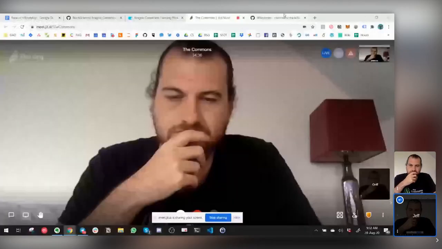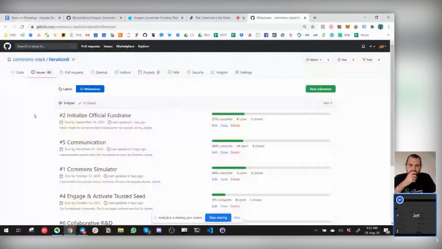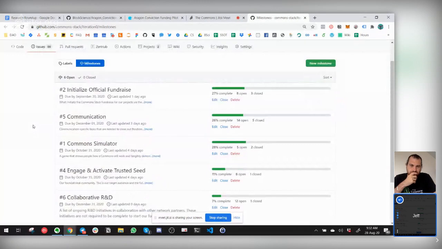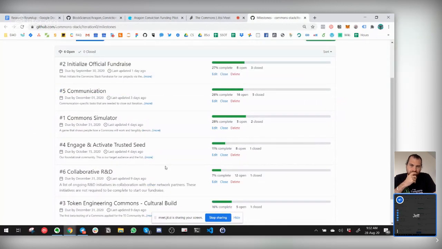So we've got our bonding curve, conviction voting, the Giveth proposal engine, and the commons dashboard, and each of these is a project on its own. So we're breaking out the build process into a series of milestones, all hosted on GitHub. Let me share my screen briefly, and we can show you the initial milestones laid out in what we call iteration 0. It's our staging and preparation, getting everything in order to begin building all of these various pieces, or continue building as it would be.